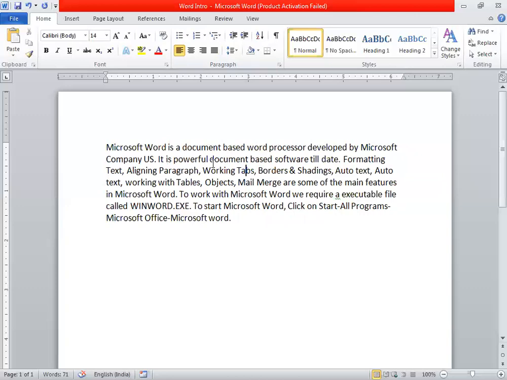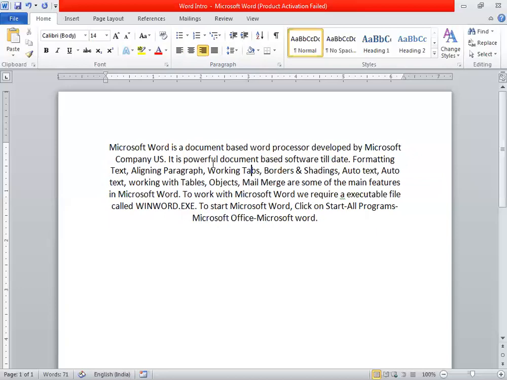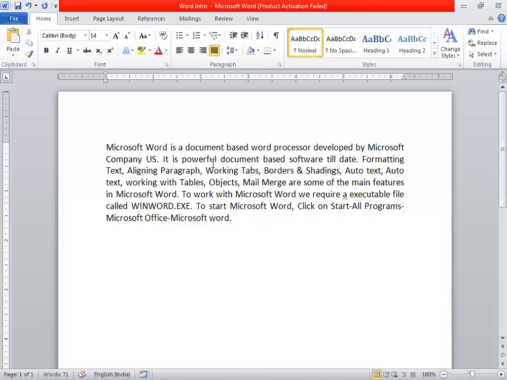For the right alignment, we can use Ctrl and press R. We can see the right alignment and the changes. Likewise, use Ctrl E for the center alignment and Ctrl J for the justify alignment. Now here we can see the matter justified. So in this way, we can work with the alignments.